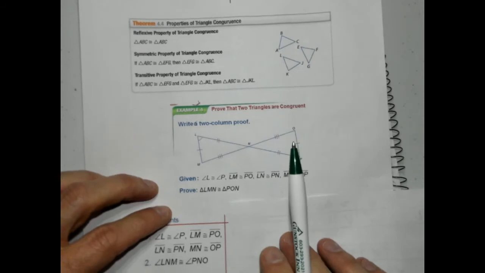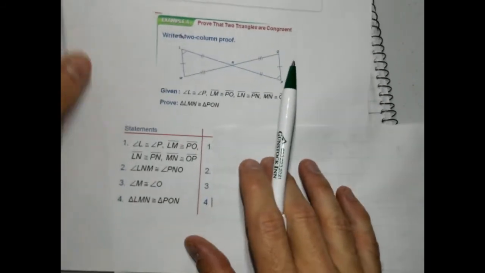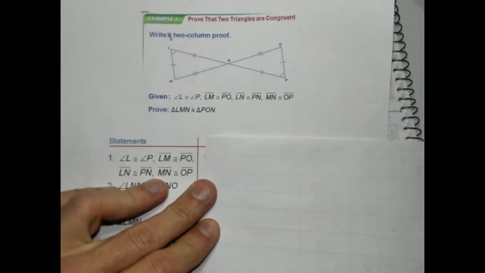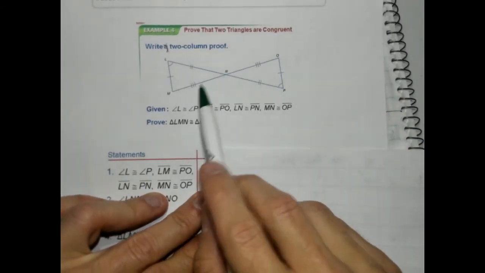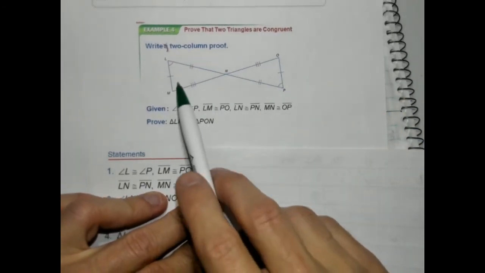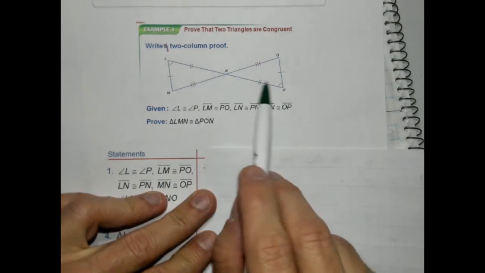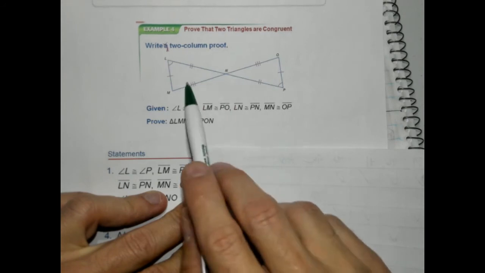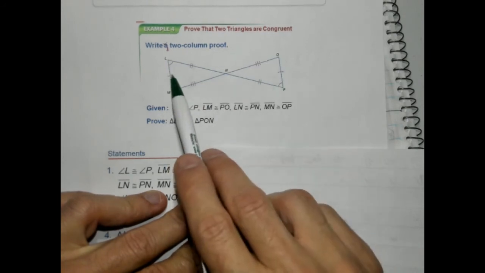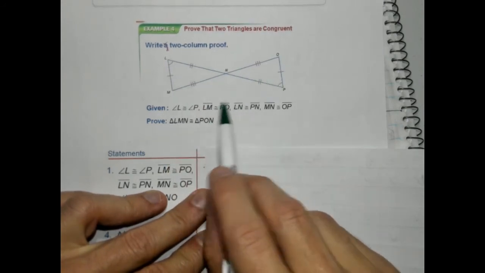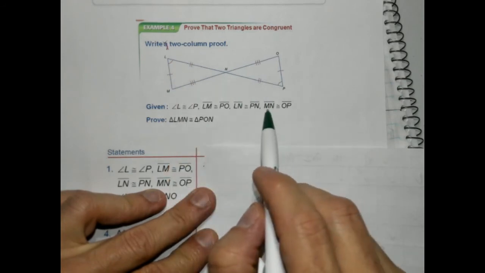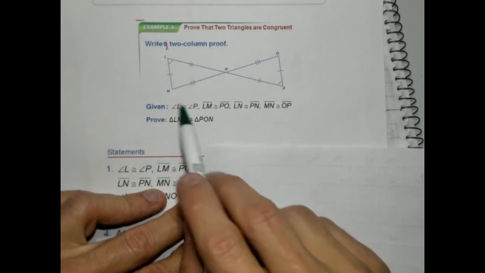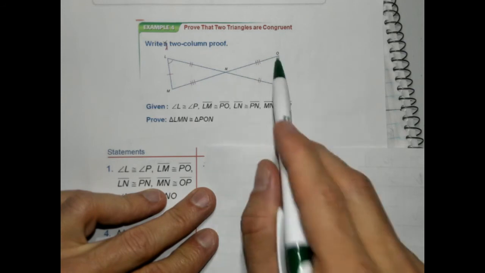And here's another 2-column proof I'm going to walk through with you. So we're given these 2 triangles. Let me zoom in here so you can see a little better. You're given these 2 triangles here, and we're given that angle L is congruent to angle P, which is already marked here for us. We're told that these 3 sides are congruent. So LM to PO, right? So it's marked with a single tick mark. LN and PN, which is 2 tick marks, and then MN and